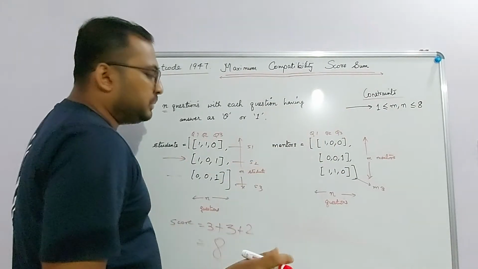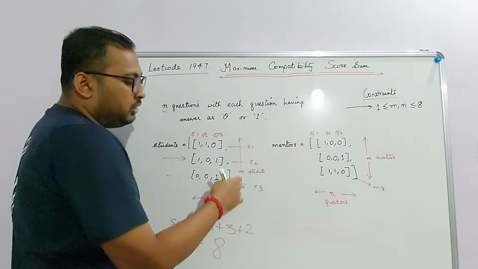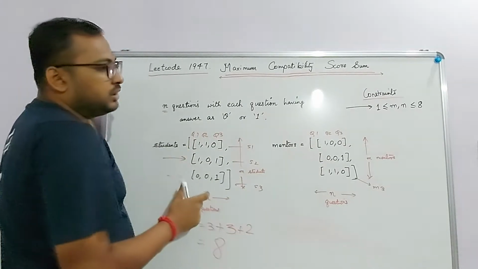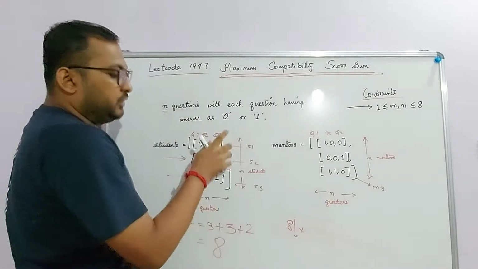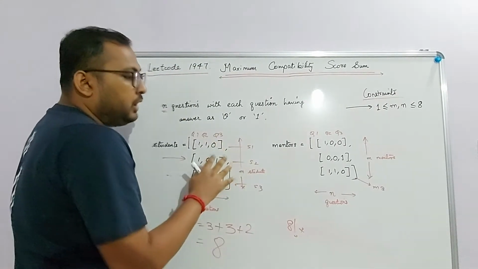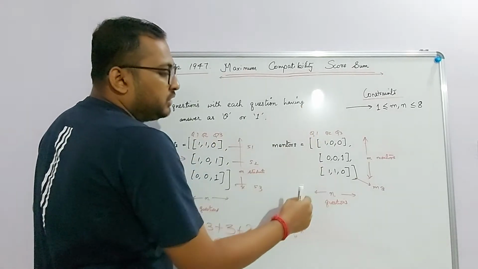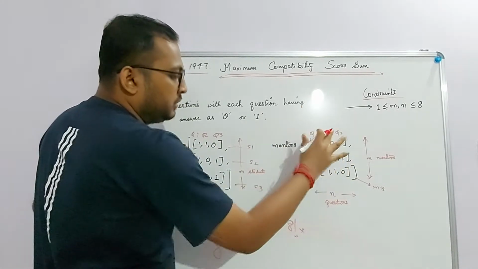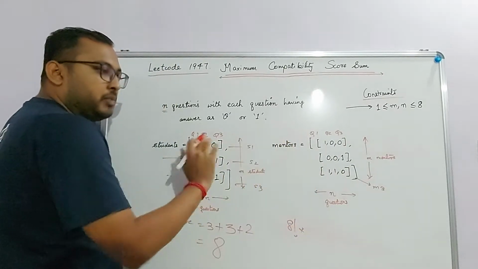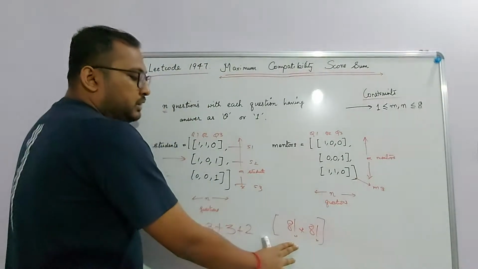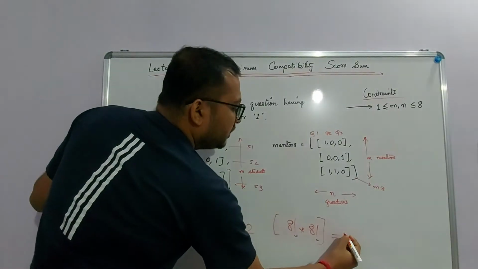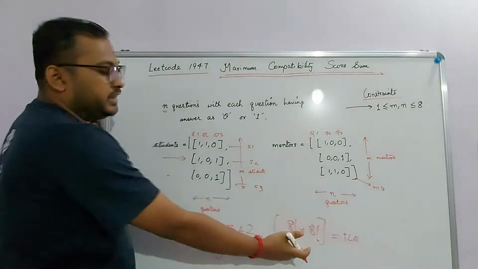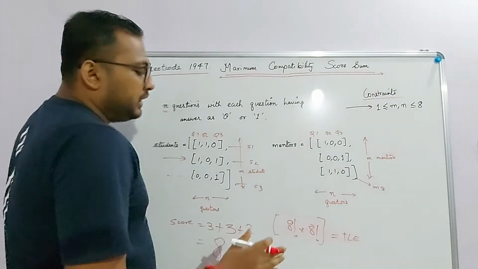If I think of a brute force approach, I try to find all the possible arrangements of this students array, which is 8 factorial ways of arranging the students, and for each arrangement of the students array, I try to match it with every possible arrangement of the mentors array, which is again 8 factorial ways of arranging the mentors. So it will be 8 factorial ways of arranging the students times 8 factorial ways of arranging the mentors. This will give you a time limit exceeded verdict, because this is definitely exceeding the time limit and you have to think of a better time complexity solution.